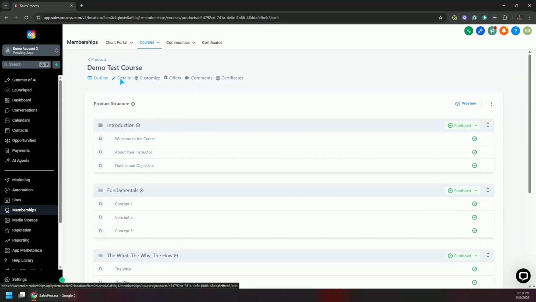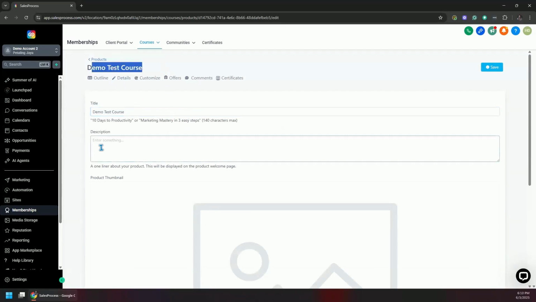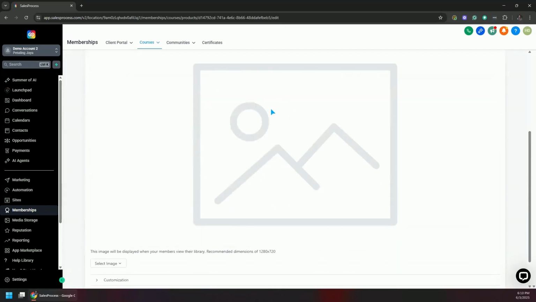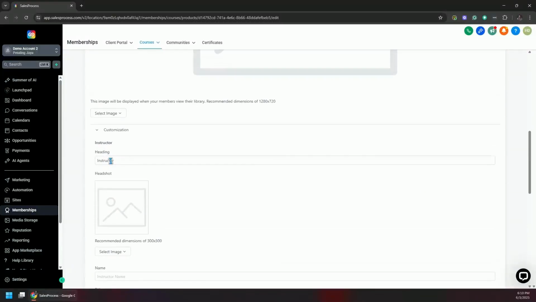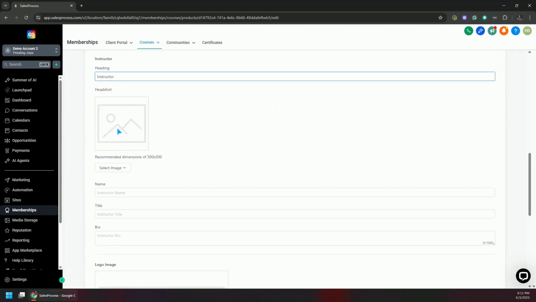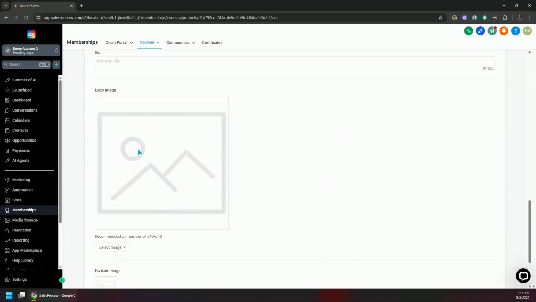Then if we click on the details, it's where you can change the title or the name of the course and the description about the course. You can upload a picture for your course that would be shown to your customer when they are purchasing your course. You can also use the customization in here, and you can tell it who is the heading, that means the instructor. You can upload the instructor's picture. That is probably going to be your picture. And you're going to tell it what is the name of the instructor. That is you, the title, the bio. If there is any logo image, you can